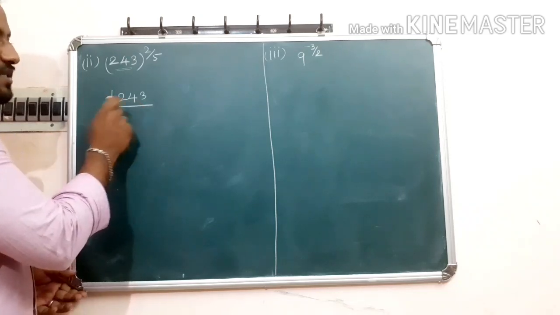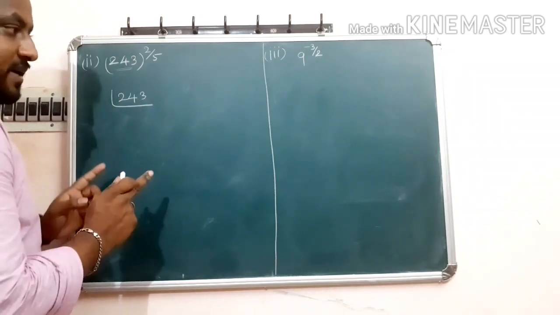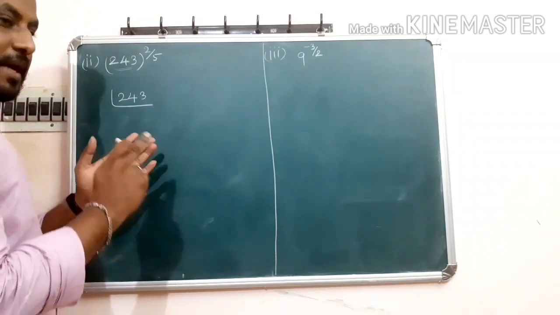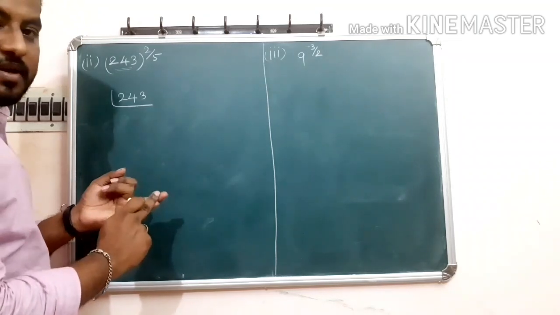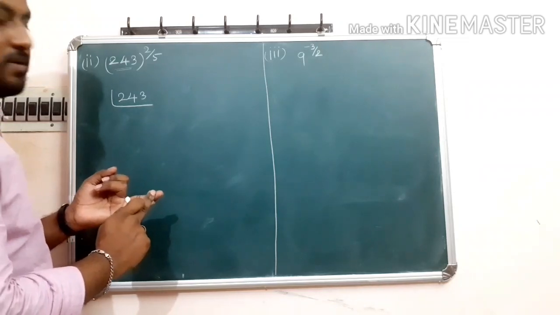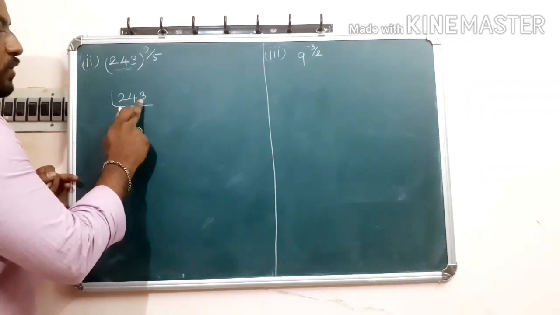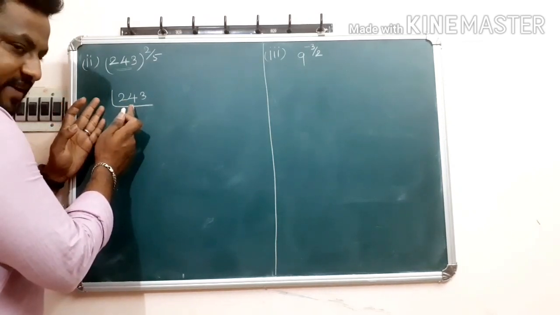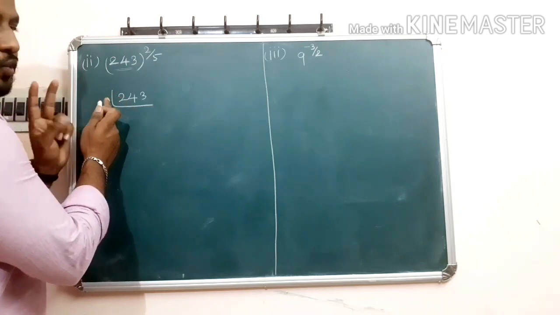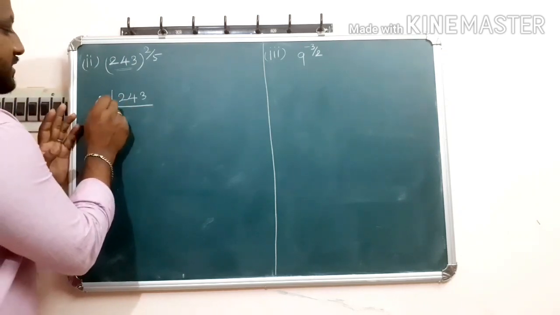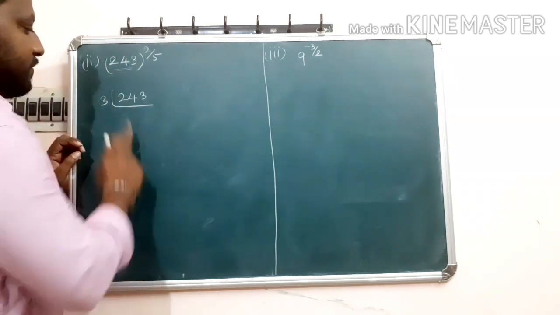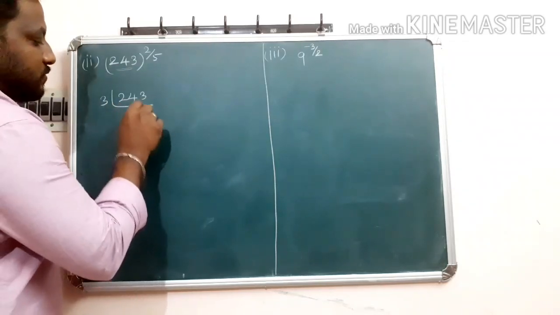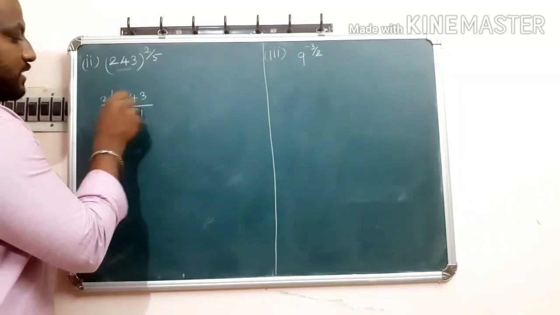243, you have to divide by a prime number only. Prime number means a number which is divisible only by 1 or itself. Okay, so here 243 is an odd number, so we have to divide by a prime number. 2 is not possible. The next prime number is 3. If this number is divisible by 3, 8 3s are 24, and the next 1 3s are 3, 81. So 81 3s are 243.